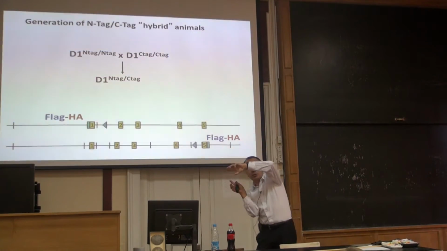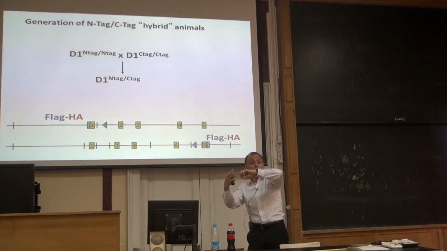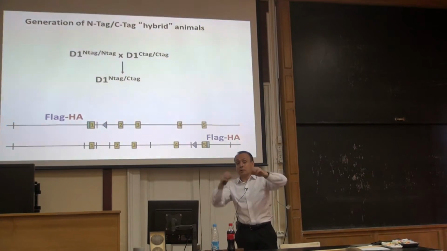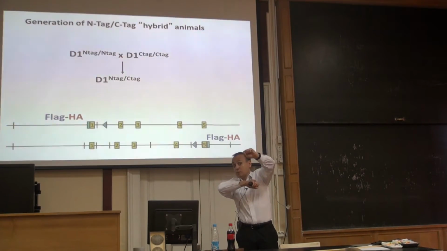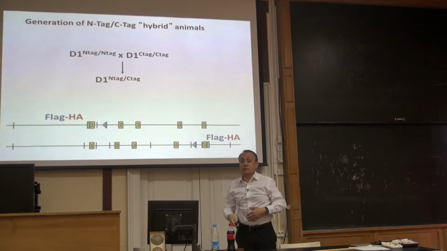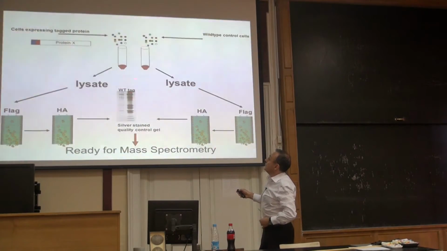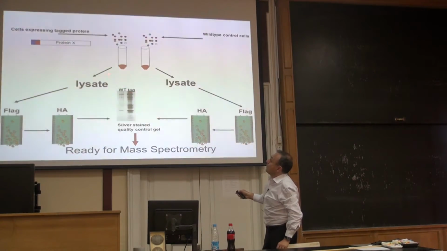If we just had everything on one end, then theoretically we might lose some interactions. But because we have the hybrid mice, where 50% of the protein is tagged here and 50% is tagged here, then even if we are losing some interactions here, we are going to capture them here, and vice versa. And then he took different organs